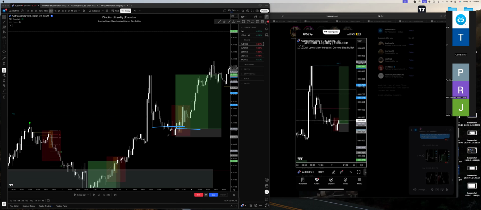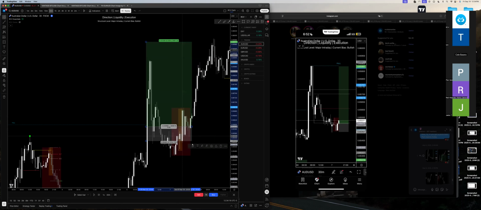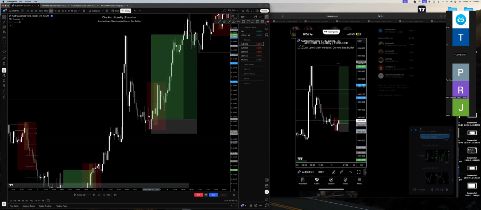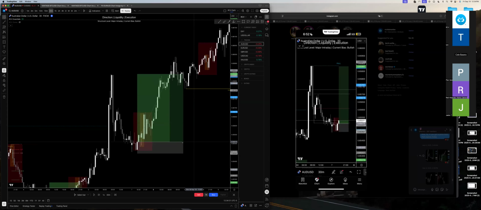I was a bit aggressive here. I low-key should have put my invalidation here. And the reason for that is because since the entry itself is already very aggressive, I just don't see any difference in making sure that I have my invalidation set as my stop loss rather than just trying to squeeze out the extra bit of risk to reward, as you can see there. So that was a mistake that I made there, but I'm still willing to accept that risk. And obviously, I'm aiming for my immediate high, so that is about a 1 to 5.5.